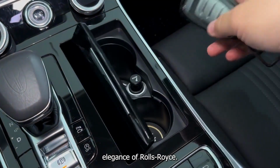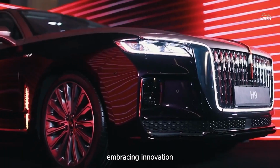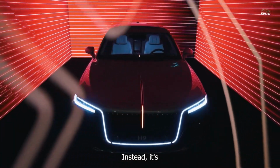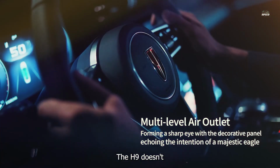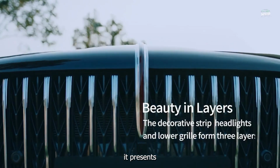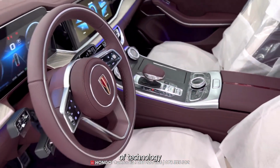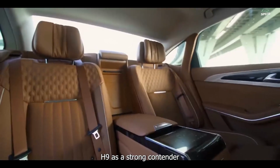Compared to the timeless elegance of Rolls-Royce, the H9 offers a fresh perspective, embracing innovation and cultural fusion. It's not constrained by tradition. Instead, it's setting a new standard. Against the refined luxury of a Mercedes, the H9 doesn't just compete. It presents an alternative story. The interior craftsmanship, seamless integration of technology, and driving experience establish the H9 as a strong contender in the luxury